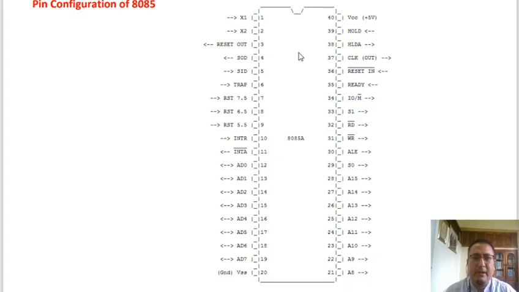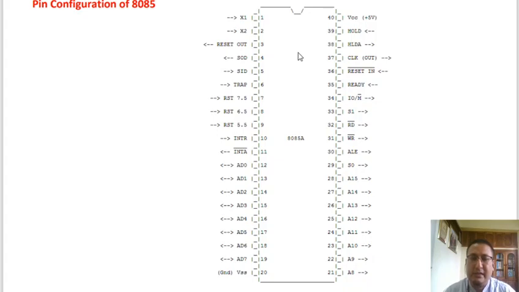So X1 is pin 1, X2 is 2, RESET OUT 3, SOD 4, SID 5, TRAP 6, RST 7.5 is 7, RST 6.5 is 8, RST 5.5 is 9, INTR 10, INTA 11, AD0 12, AD1 13, AD2 14, AD3 15, AD4 16, AD5 17, AD6 18, AD7 19, ground that's 20, and A8 21, A9 22, A10 23, A11 24, A12 25, A13 26, A14 27, A15 28,